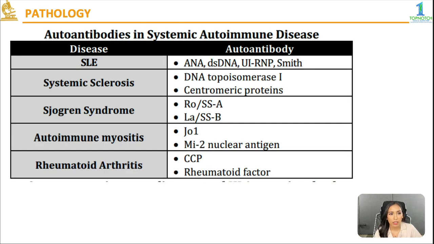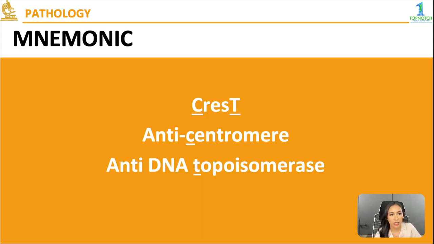So let's look at the autoantibodies in systemic autoimmune diseases. So SLE, you have the ANA, dsDNA, U1-RNP, and Smith. Systemic sclerosis, DNA topoisomerase 1 and centromeric proteins. Sjogren's syndrome, anti-Ro, anti-La. Autoimmune myositis, Jo-1 and Mi-2 nuclear antigen. Rheumatoid arthritis, you have the CCP and RF. So, gosh, ang dami nito. How can I remember? Well, at least for CREST, you have C and T, anti-centromere, letter C, and anti-DNA topoisomerase,